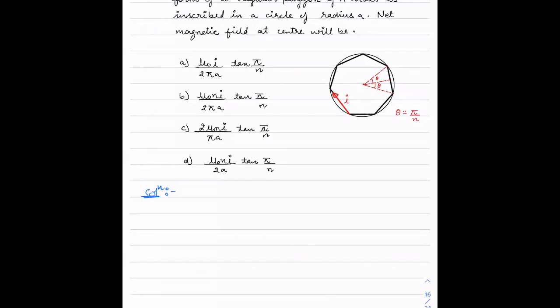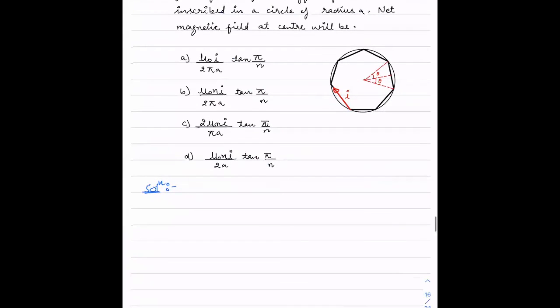Okay, so just see here. In the question, this theta equals pi by n was already given to us. Suppose I don't give you this value, I would find the perpendicular r distance and then find the rest. So just see this question number 9. The time will be over till then, so I'll solve this question number 9.